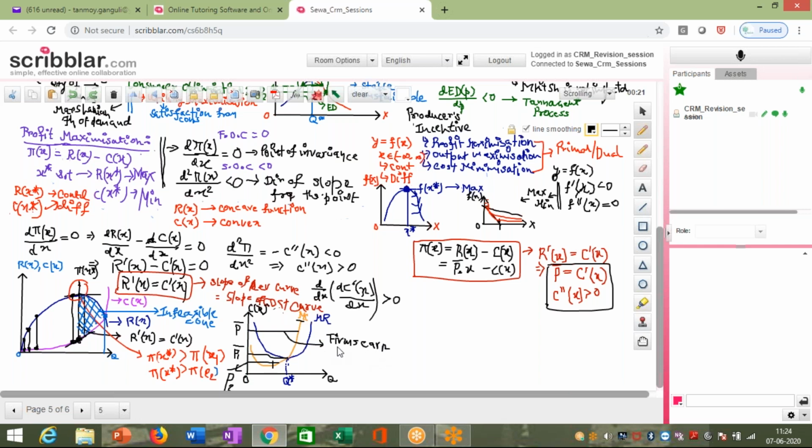So over here, the firms will earn a supernormal profit because they are not only covering their marginal cost, but also covering their average costs, right? So they have covered all the fixed as well as the variable costs, right? Now the second part is